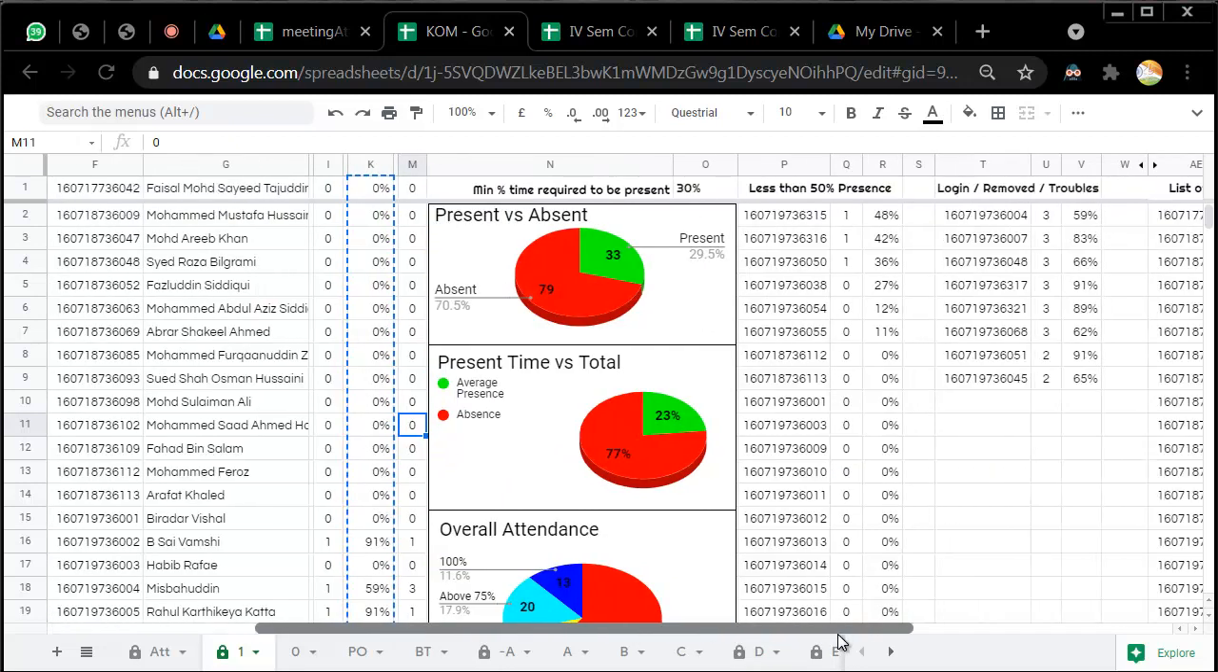Moving further, this is where the less than 50% presence, the students who are present for less than 50% of the class, those numbers are coming. Now, even though the presence of 30% is enough to be marked as 1, we might want to take a look at students who are less than 50% presence. And so the percentage time for which the students are present, as well as whether they are marked present or absent, have been presented. And here you can see there are 3 students who are present for less than 30%